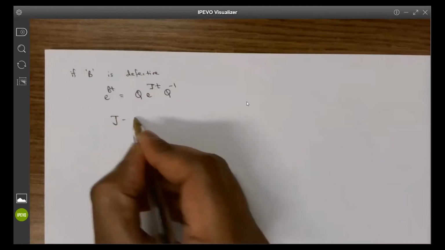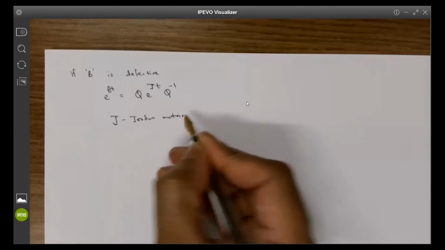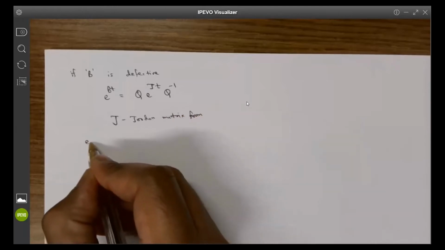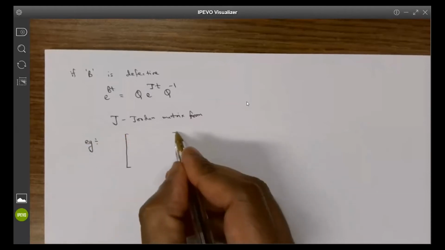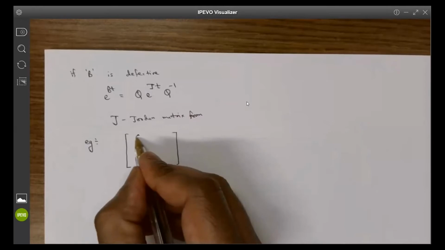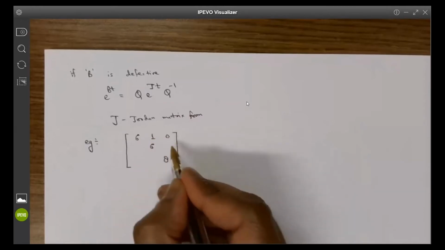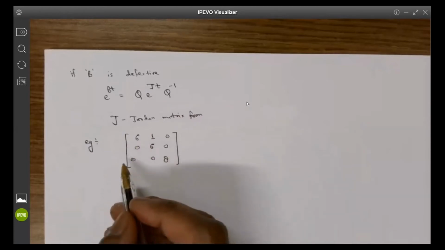For example, in the very first example that we did, we saw that there are 3 eigenvalues. And once I did that,